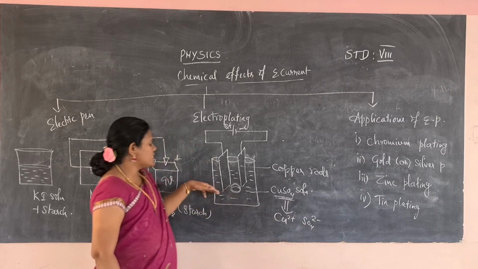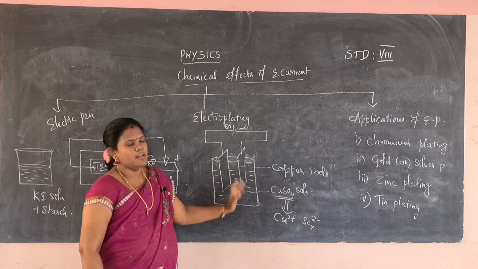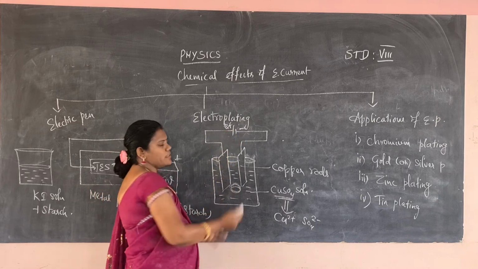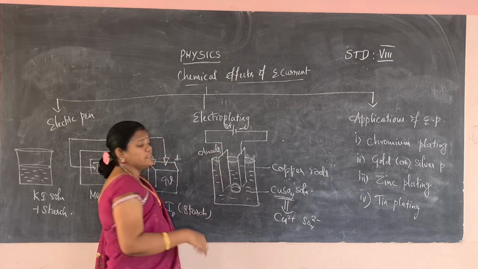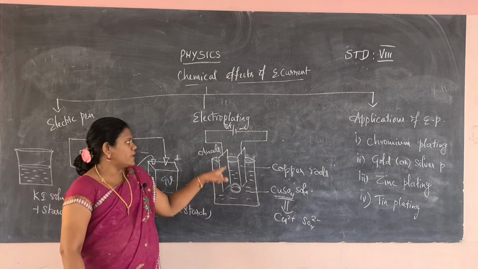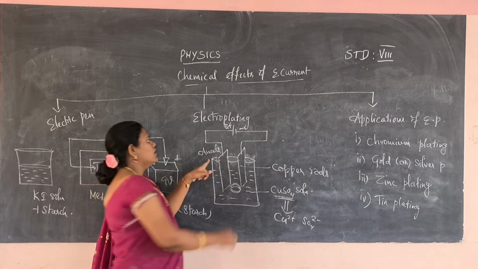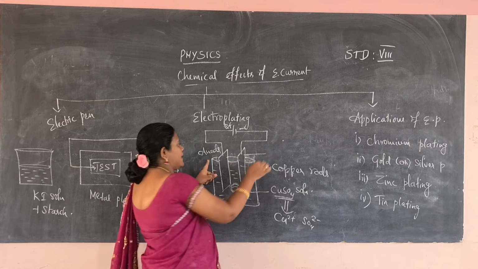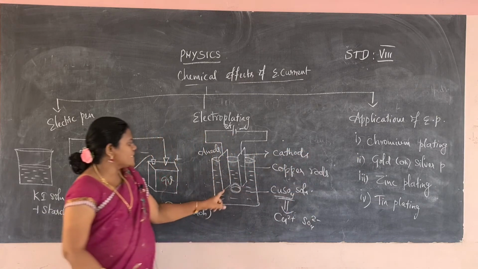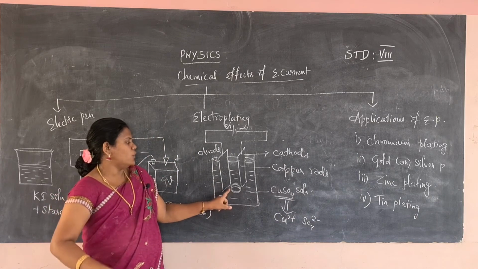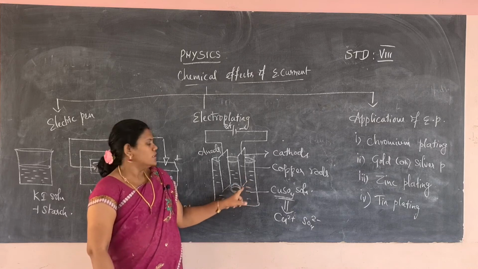Okay, the copper sulfate will move on from this. Which plate is cathode, which plate is anode? Any plate connected to the positive terminal of the battery will be called anode. Already I explained in the previous class, whichever electrode is connected to the positive terminal of the battery is called anode. Whichever electrode is connected to the negative terminal of the battery is called cathode. Okay, so the copper ions from the anode will be passed on to the second copper plate, that is the cathode,